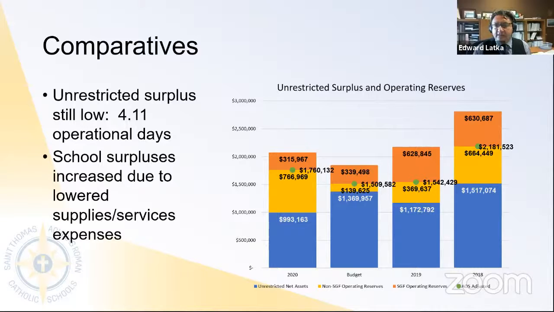One of the other things that I'm trying to portray through this graph is what is happening to our school-based surpluses. And there's two components to that. One is the budget surplus. As we allocate resources to schools, they may find deficiencies over the school year and they don't spend everything that they had budgeted for, but we allow them to carry those dollars forward for future years.